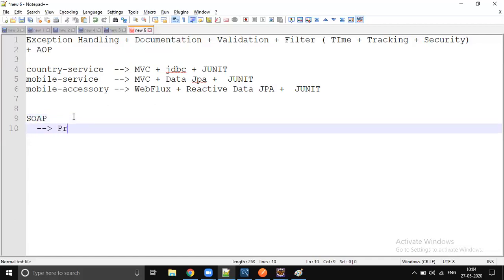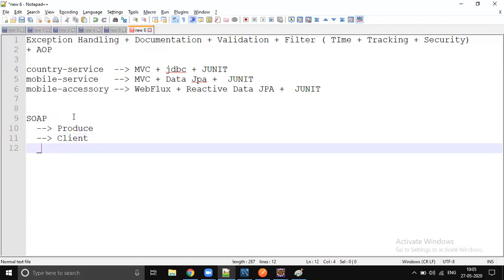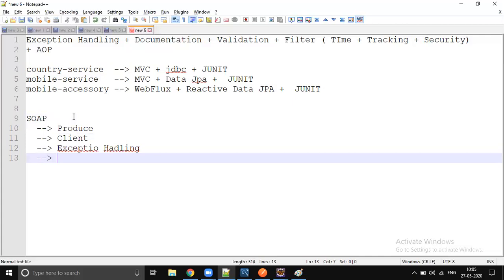We will produce a SOAP web service, and we will consume a SOAP web service, so we will write a client. We will do proper exception handling. We will do security, basic security, not JWT token.